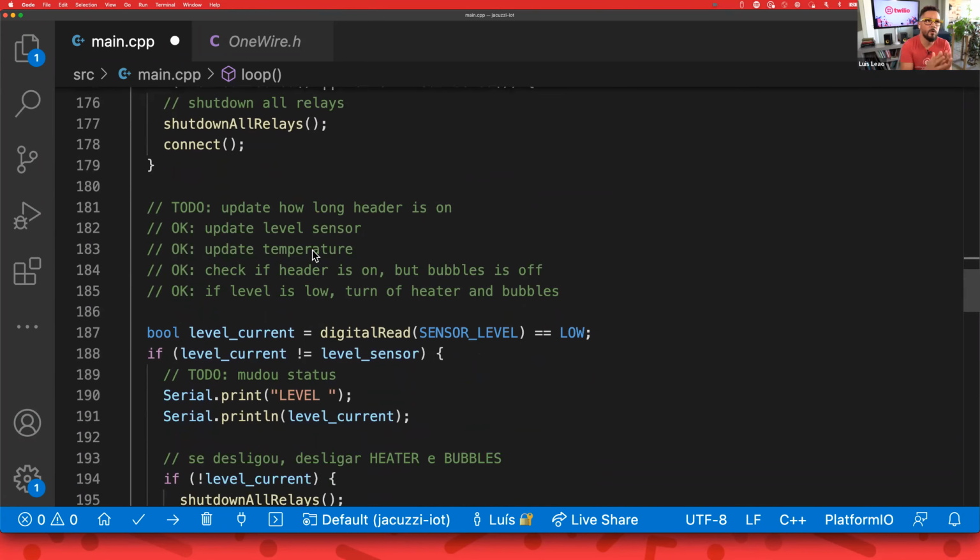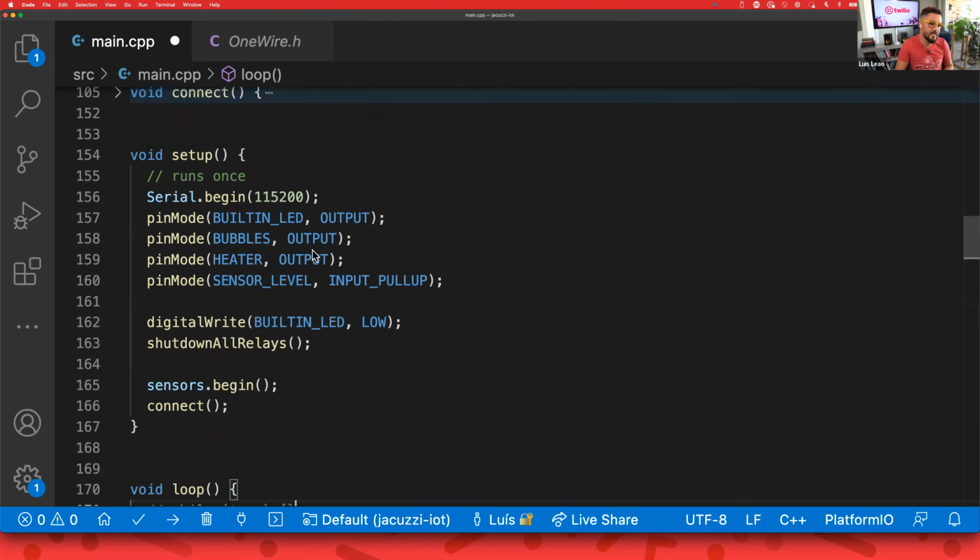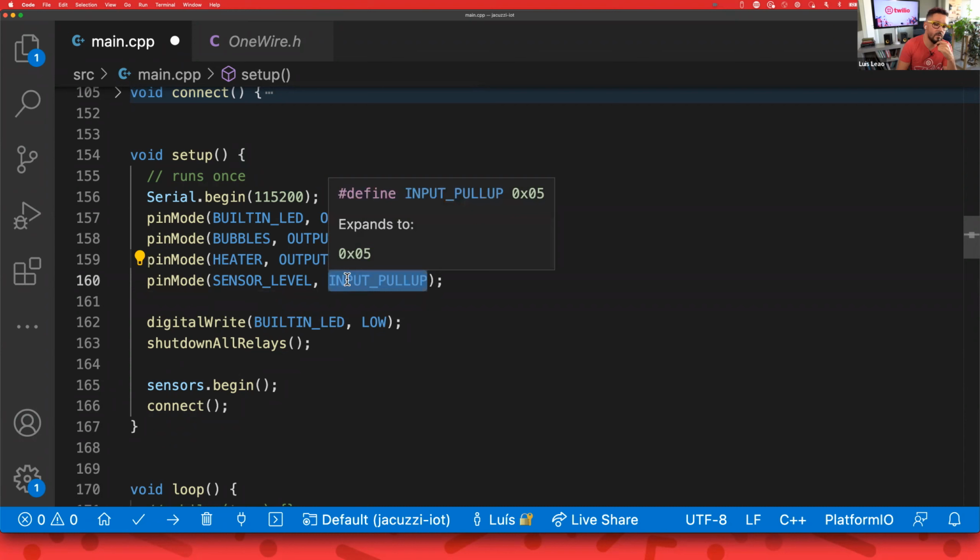And the loop is also the place where I need to check all the sensors. So, for example, since I'm using digital ports when you're working with hardware, you have input and output ports. So in the setup, I have to define the behavior for those ports. For example, the ESP32 has a built-in LED, so you can blink it every time you connect with the cloud or you are transferring some data or anything else. But I also have the relays for the water pump and the heater, and also the water level sensor here. And that one, I use the input pull-up,